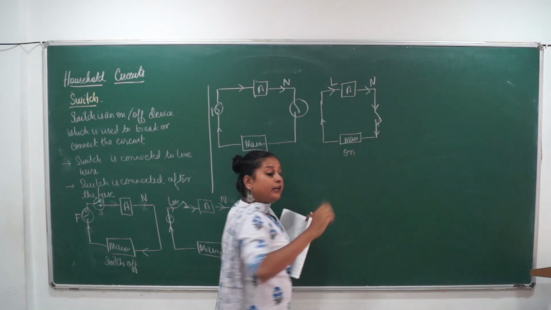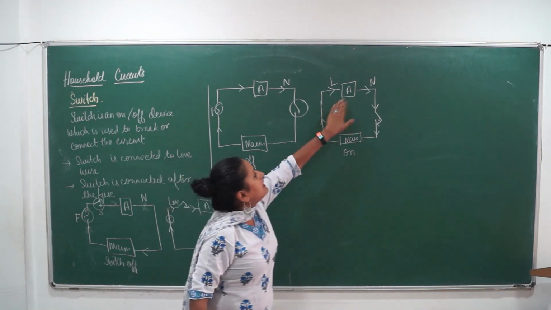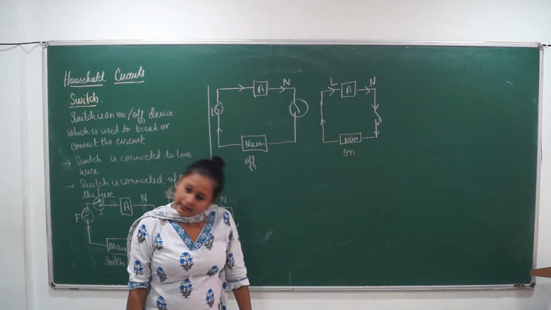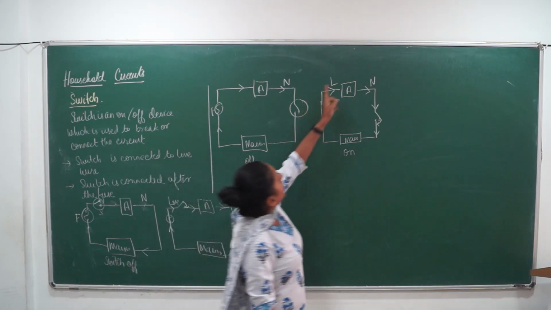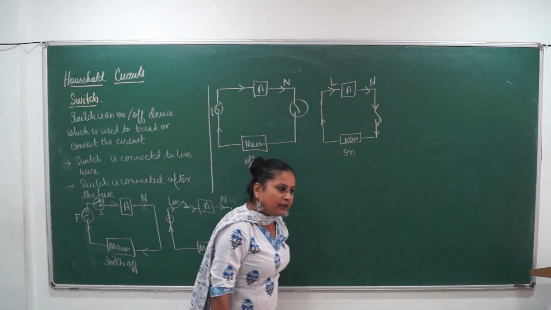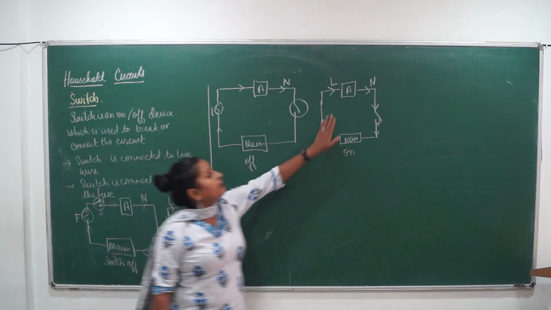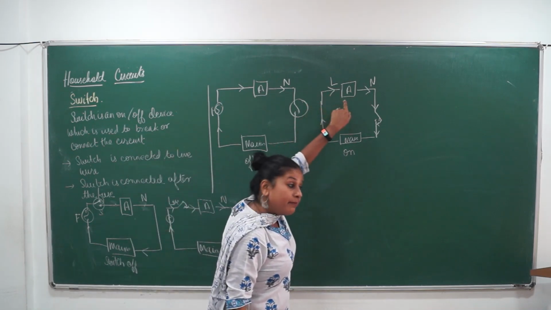So what will happen over here? So after turning off the switch, still there is some current in the appliance or not? Yes. There is some current in the appliance because ये एक round तो ये complete कर चुका है circuit, isn't it? So what will happen in this case? The current will again remain in the appliance.